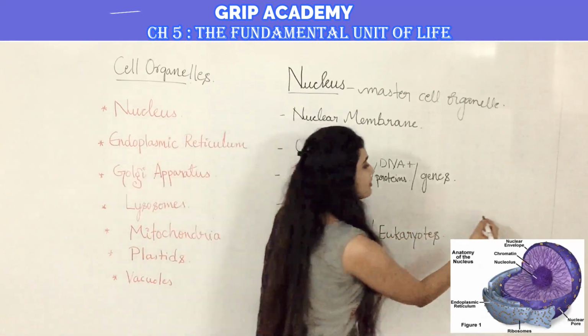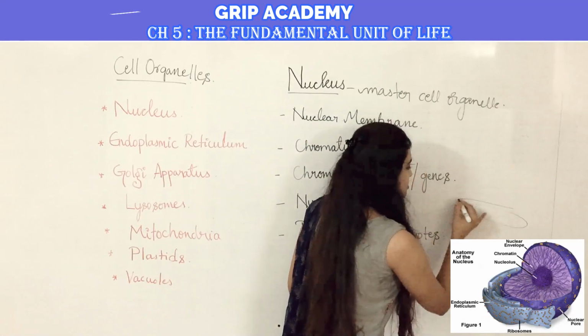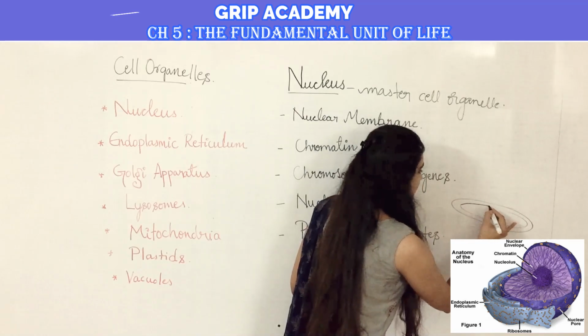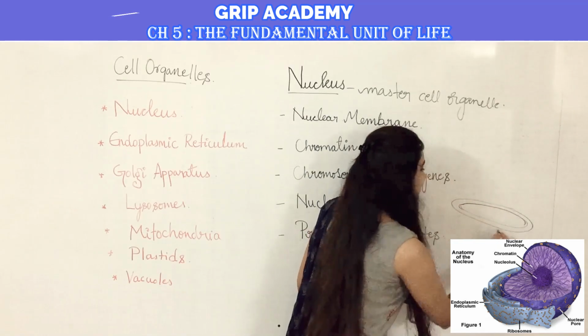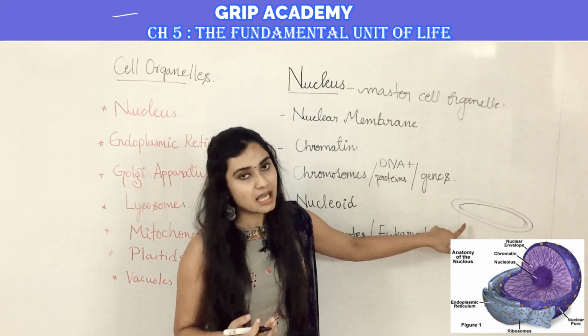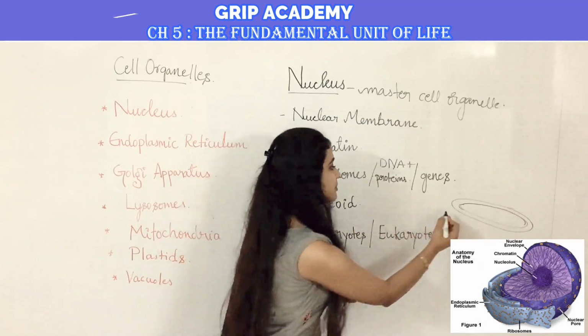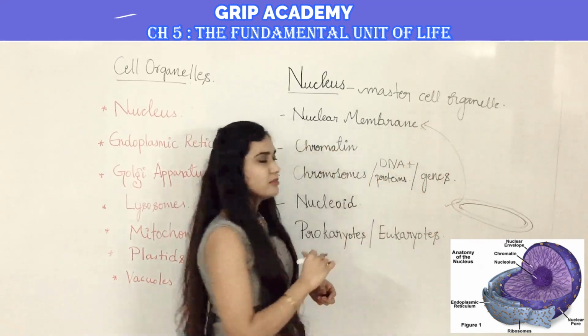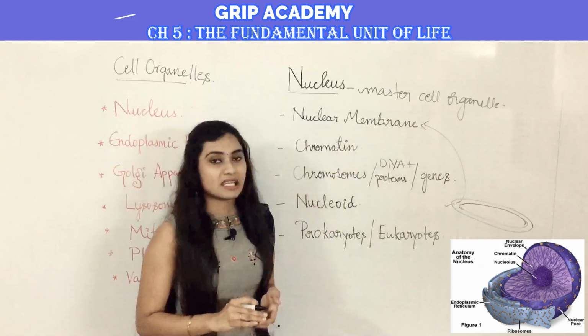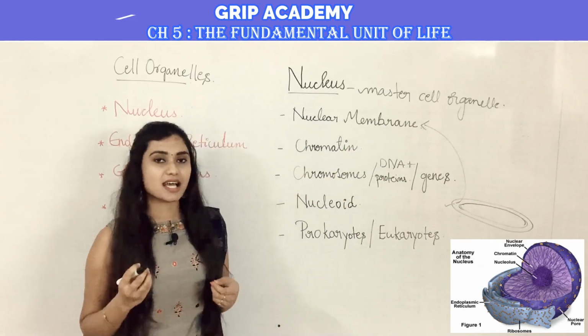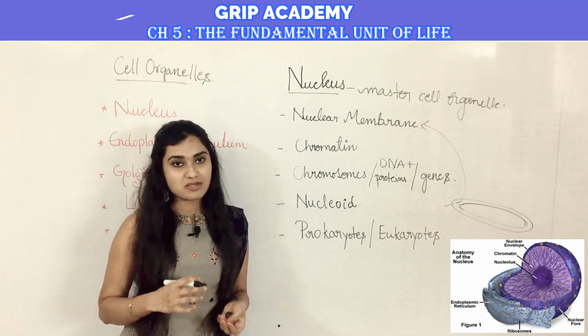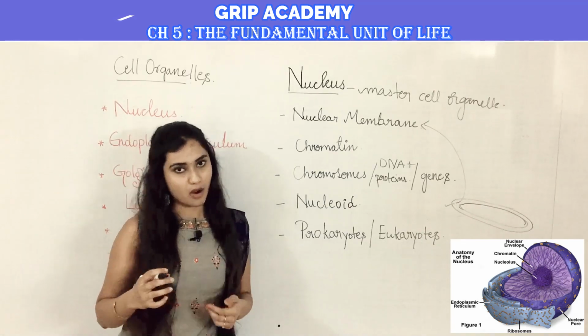Nucleus is made up of a two-layered membrane. Okay, so consider just a rough diagram I am writing. The nucleus has got two membranes, or you can call it a double layered membrane, and that membrane we call a nuclear membrane. Okay, and this membrane is porous in nature, which means it has many pores which allow the movement of particles in and out of it.